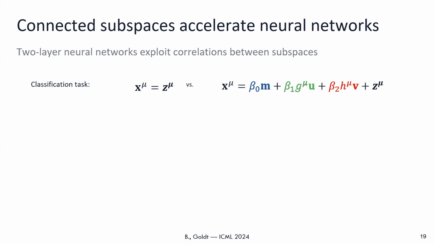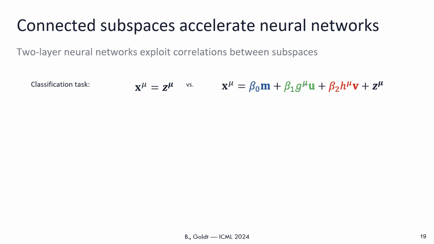It's a variant of the model that I showed before, in which we had V, and so V is the non-Gaussian spike, H is the non-Gaussian direction. But here we also add other two directions, which we call the easy ones, so the low order correlations. This changes the mean, and this is just a Gaussian spike, so G is a Gaussian, so that it will change the covariance along one direction.